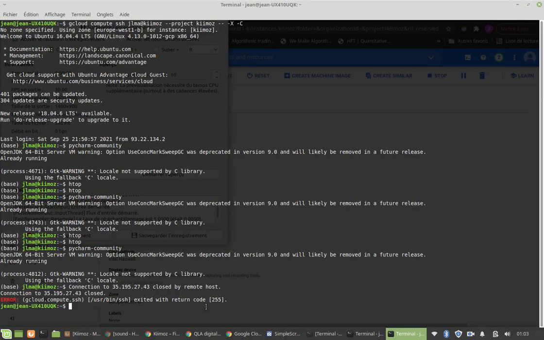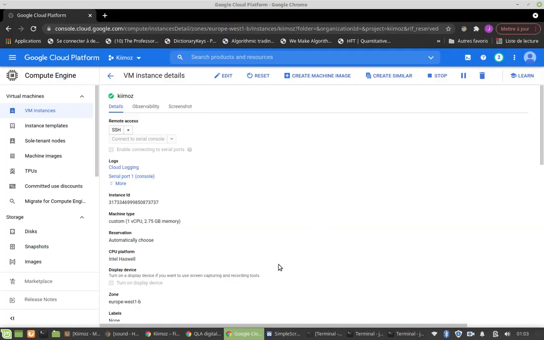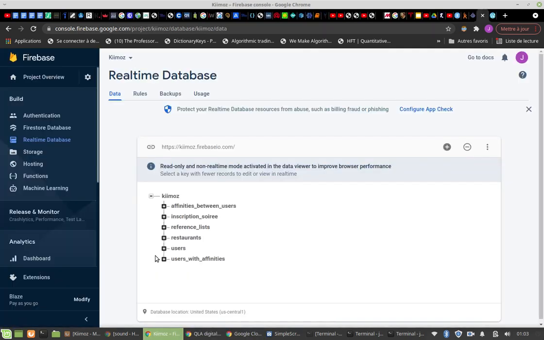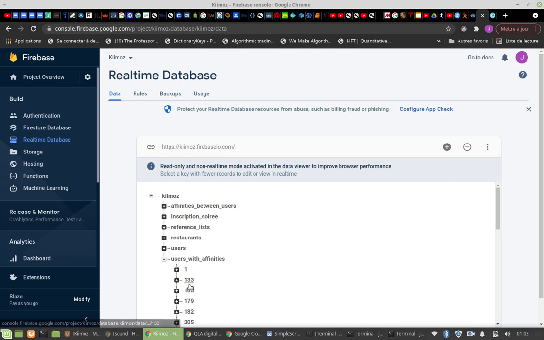Okay, so now I'm going to walk you a little bit through the backend, which is composed basically of a Firebase application that you can see here with the users, information on the users with affinity with each restaurant. So basically, you see here we have the users, and for each user, we have scores with each restaurant, a set of scores, and basically data on the restaurants themselves. This data is duplicated with this table in restaurants in order to accelerate the queries when we do the query from the React app,